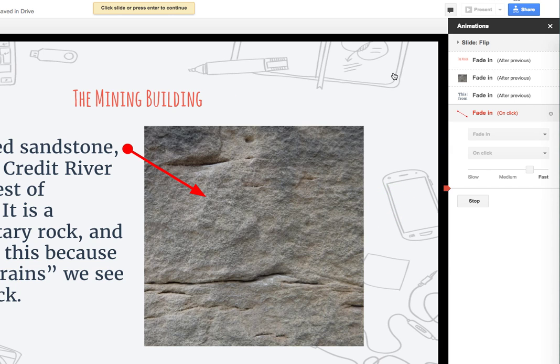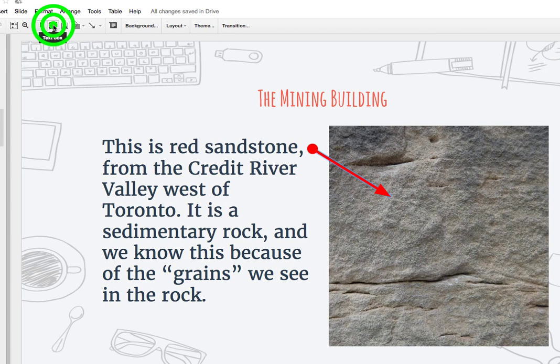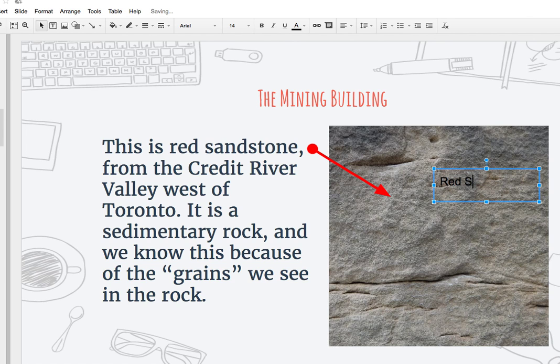You could also add in other text. So if you wanted to create a text box, we'd grab our text tool there. You can click and drag a text box, and maybe you want to put the name of the rock right on it. All depends on what you want to do. And of course you can change the font, you can change the color. So when we have the text box selected,